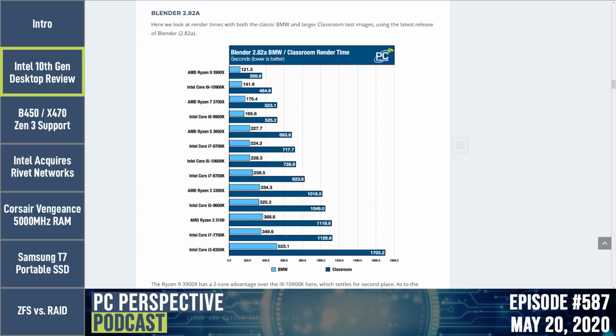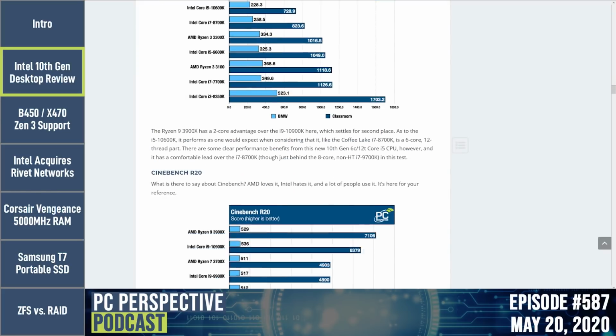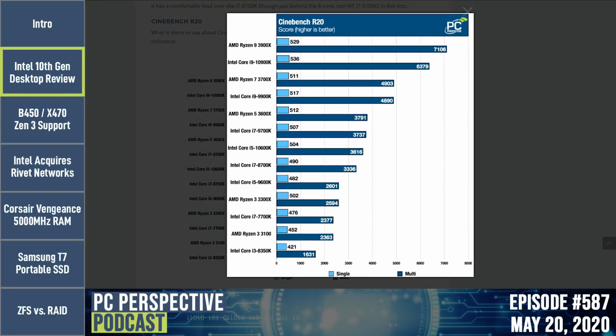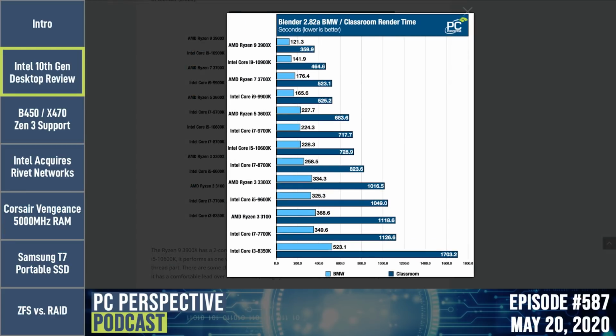So if you look at performance numbers, I did some just basic compute stuff just to try to show single and multi-threaded performance. And so it's nothing special. I'm not using the level of advanced applications that non-tech has moved to. For example, it's sort of the plebeian stage, I guess, but Blender, the latest version of Blender, 3900X. And by the way, I did not test the 3950X over again. These are all new benchmarks. I spent the last 2 or 3 weeks doing nothing but benchmarking CPUs on the latest motherboard firmware and drivers